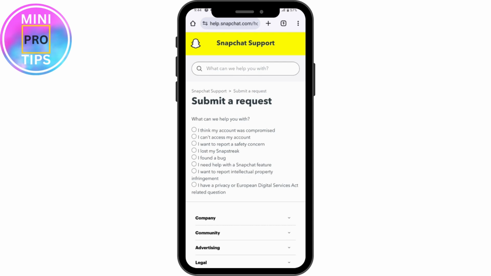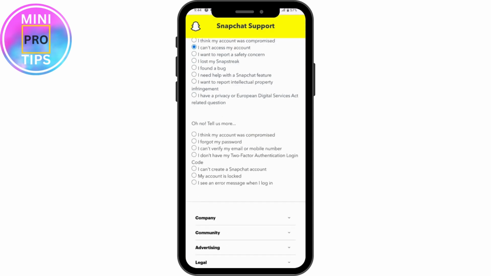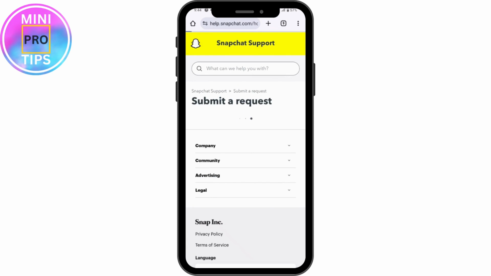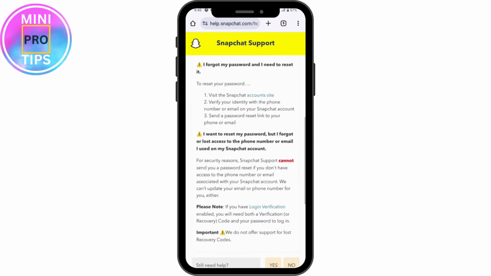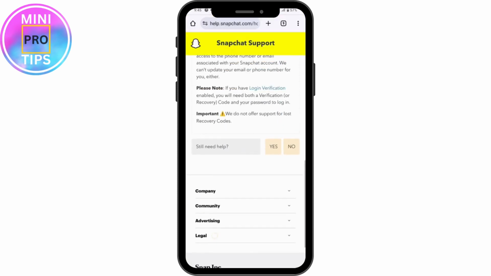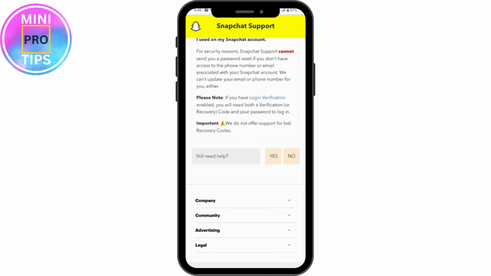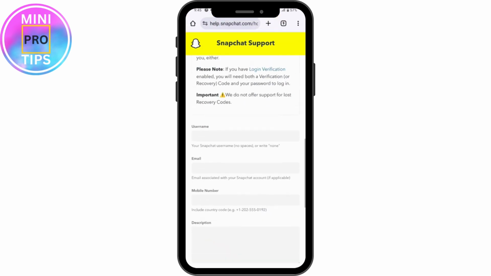So you can simply choose I can't access my account and then scroll down, and here you can choose another option and tap on I forgot my password, and from here you can enter the instructions. So you need to simply tap on yes, and from here you need to enter the username of your Snapchat